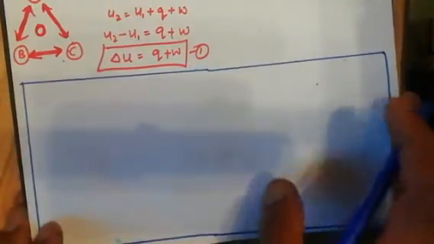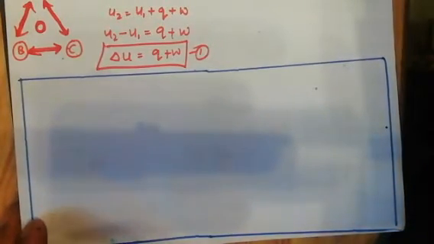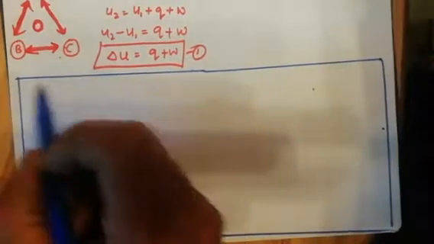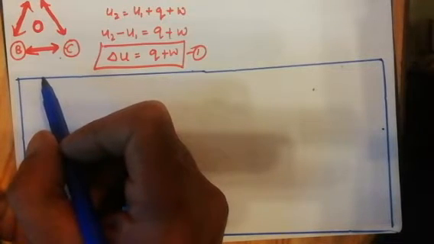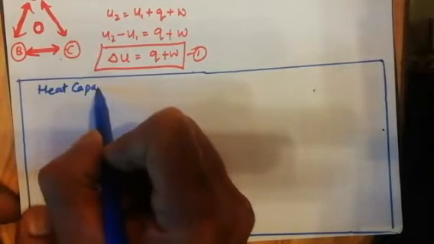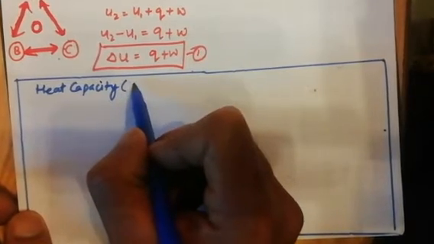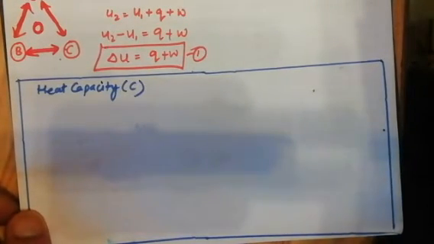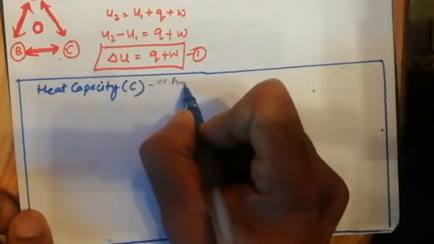The situation, or state, in which the amount of heat required to increase the temperature from a lower temperature to a higher temperature is known as heat capacity. Yesterday we did heat capacity, so maybe it is not clear to some students what heat capacity is and where it came from. Heat capacity is denoted with C. If I define it, it is defined as the amount of heat